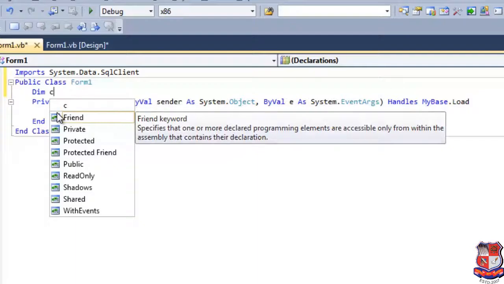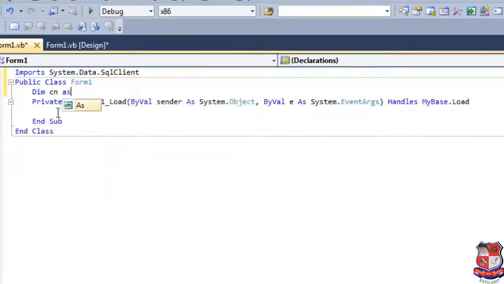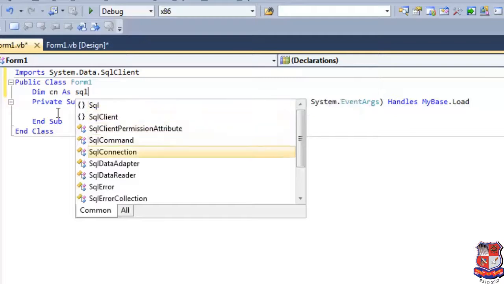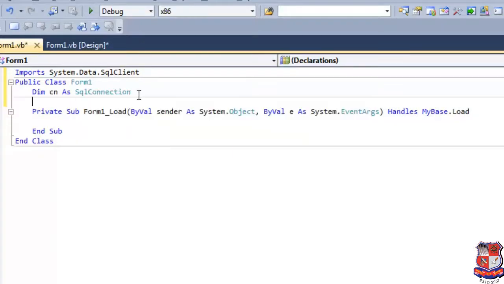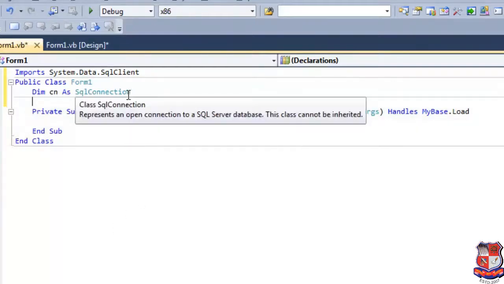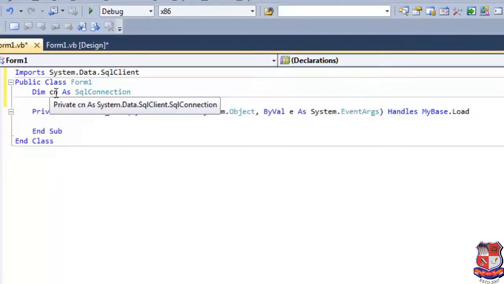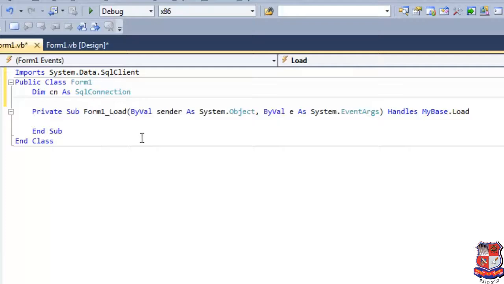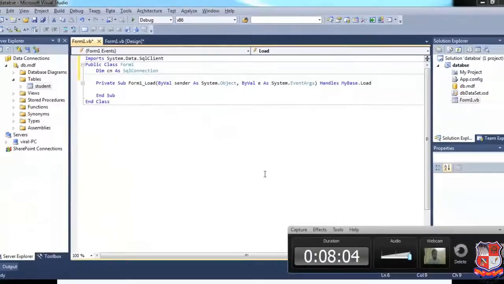We create an object with the name cn as SqlConnection. SqlConnection is a class, and I have created an object with the name cn. Now in this program I will use this class as the cn object. I can also use this declaration in a private event. Now we have to create a connection. The first step is completed.